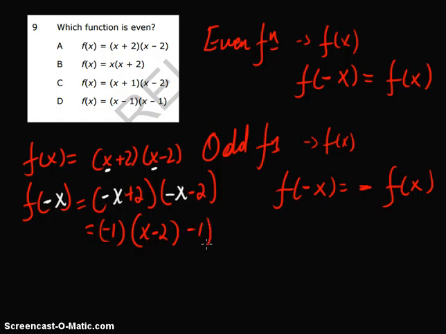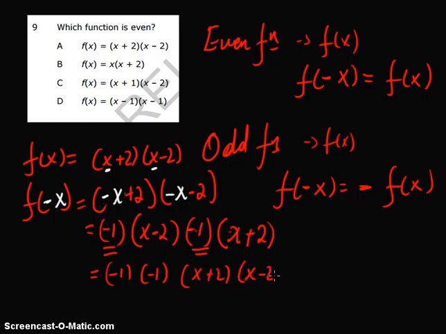I'm going to factor out negative 1 again, parentheses, and when I factor out the negative, I get positive x, and then from the negative I get positive 2. Let's distribute it to check. Negative 1 times x, negative 1 times positive 2, negative 2. Now I'm going to multiply negative 1 and negative 1. When I group them, that's negative 1 times negative 1, and then x plus 2 and x minus 2. What is negative 1 times negative 1? 1. So this is the same as 1 times x plus 2 times x minus 2,